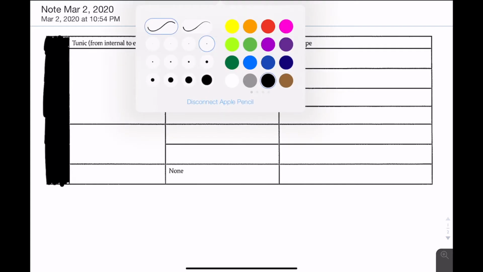Alright, so we have the three tunics from internal to external. So anytime we are dealing with the inside of a tube that can communicate with the external environment, we're going to call it the tunica mucosa. And I'm just going to write T mucosa like that. So there's our tunica mucosa. In the gut tube, you can see there are 4 subdivisions, and we're going to move again from internal to external. So the lining of a tube is always some type of epithelium. So the subdivision here is just called the epithelial subdivision. So just put epithelium